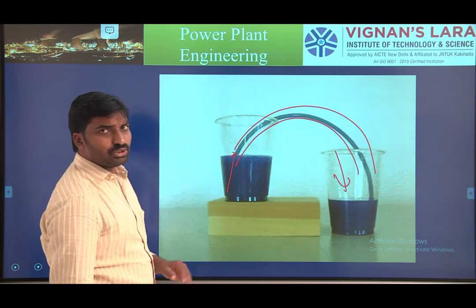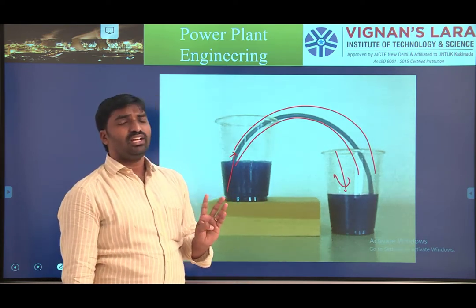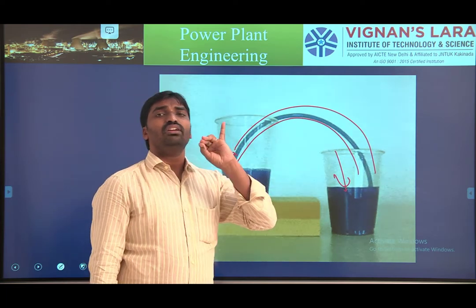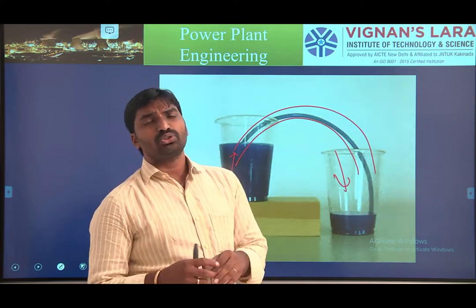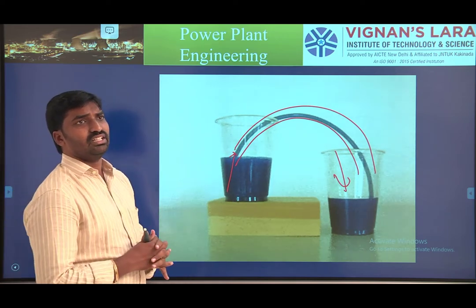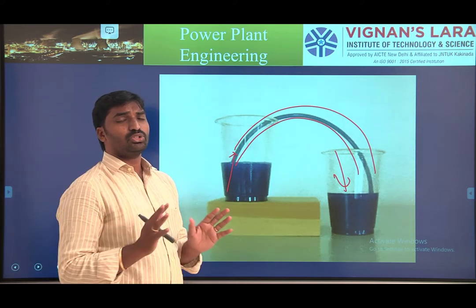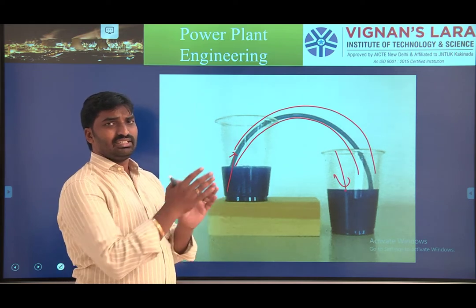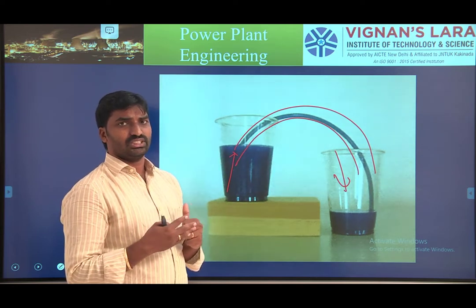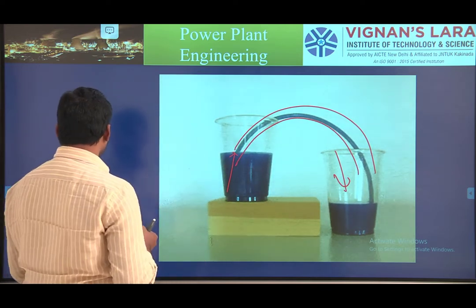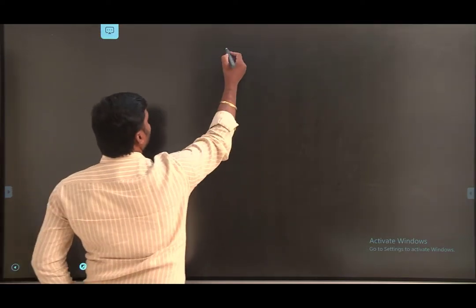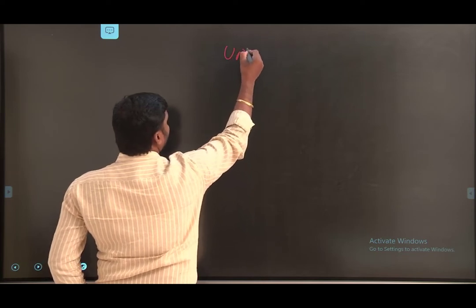Overall we have four spillways: overflow spillway, chute spillway, shaft spillway, and siphon spillway. Now I would like to summarize unit 3. In unit 3 we mainly concentrate on power production only. Most of the units clearly indicate that we need to get the maximum amount of efficiency, and for that purpose we are studying unit 3.